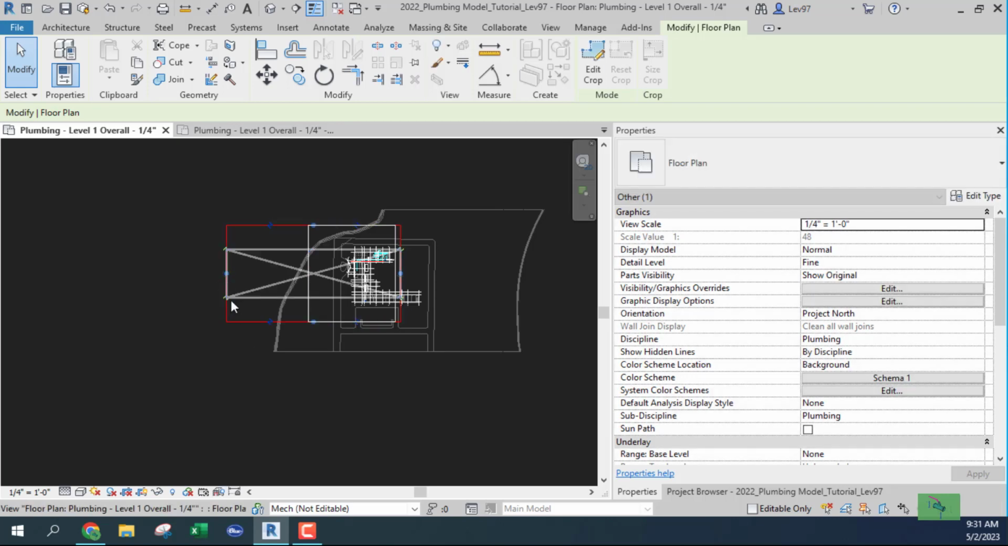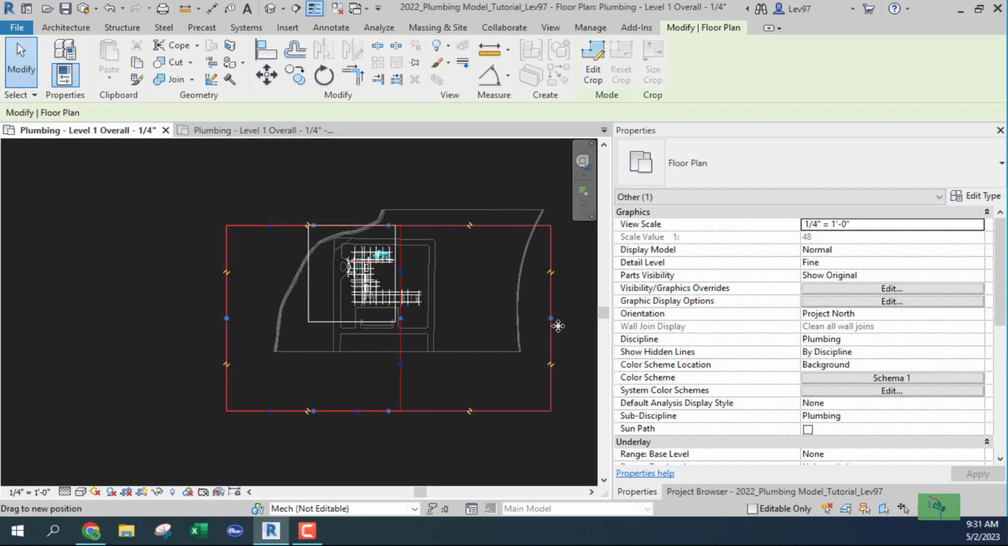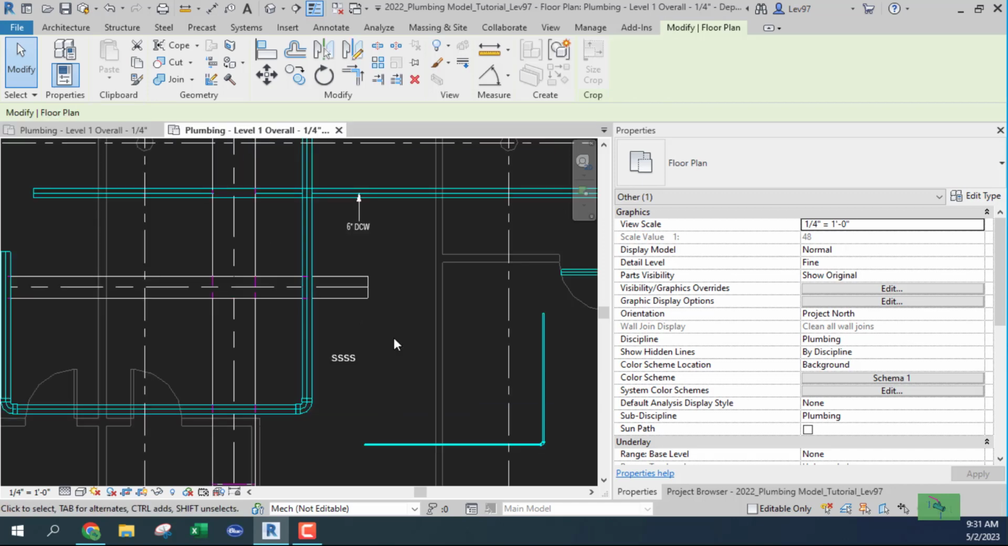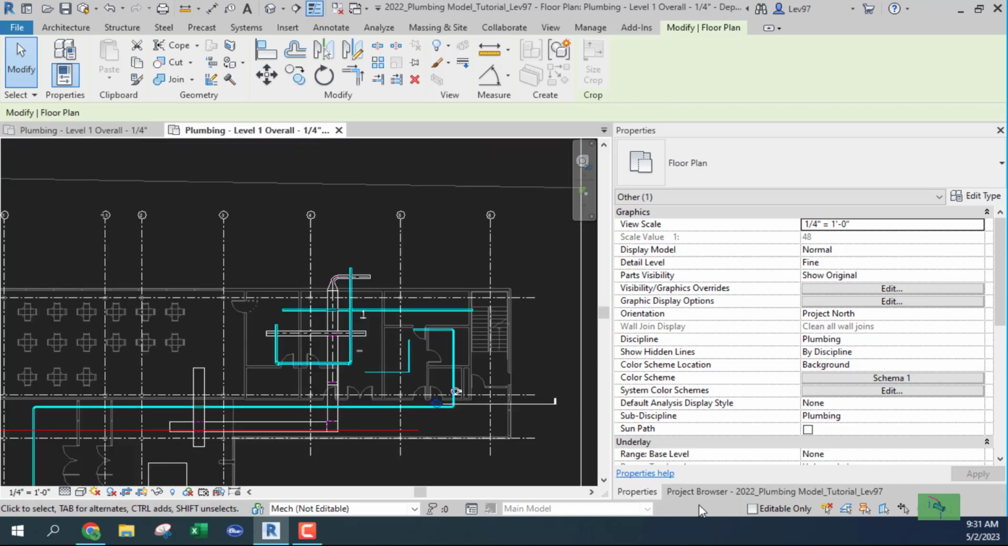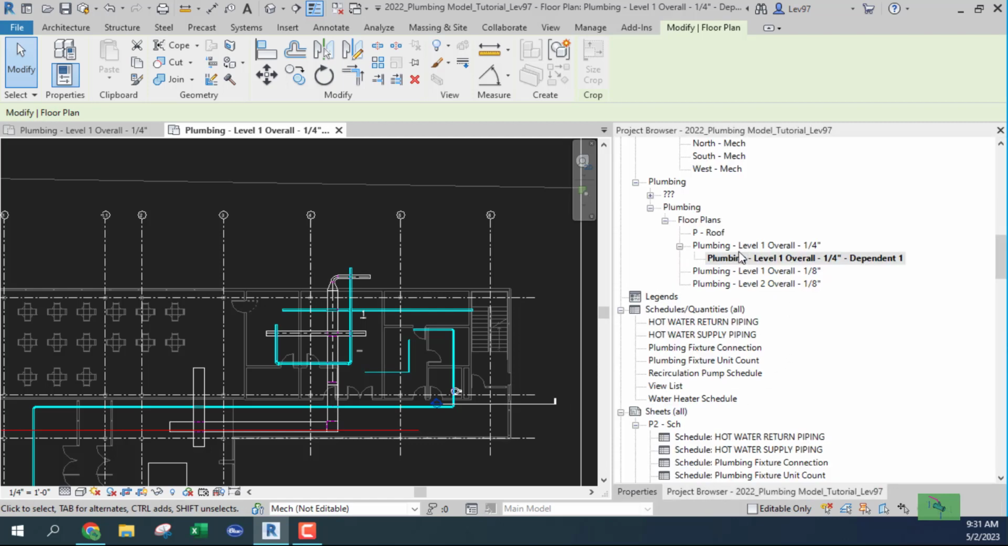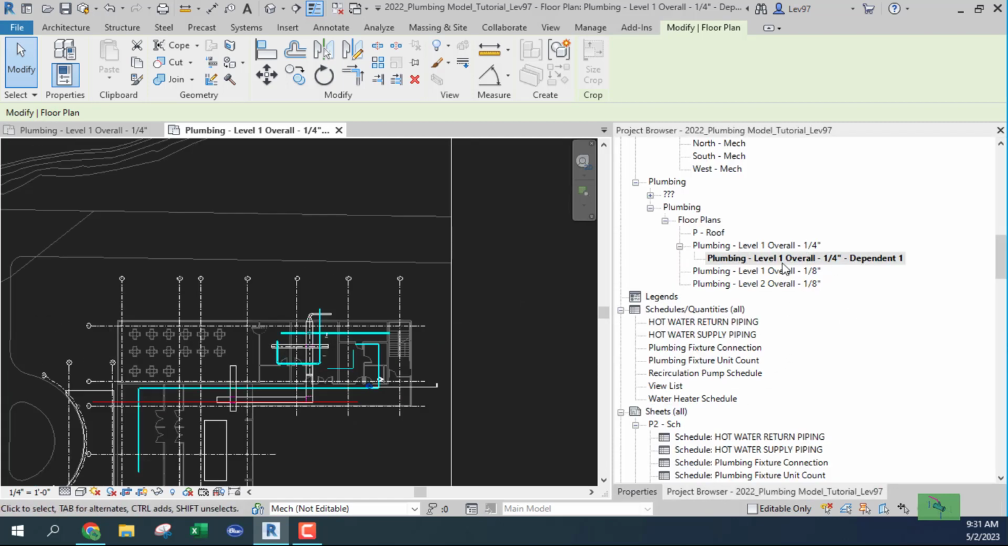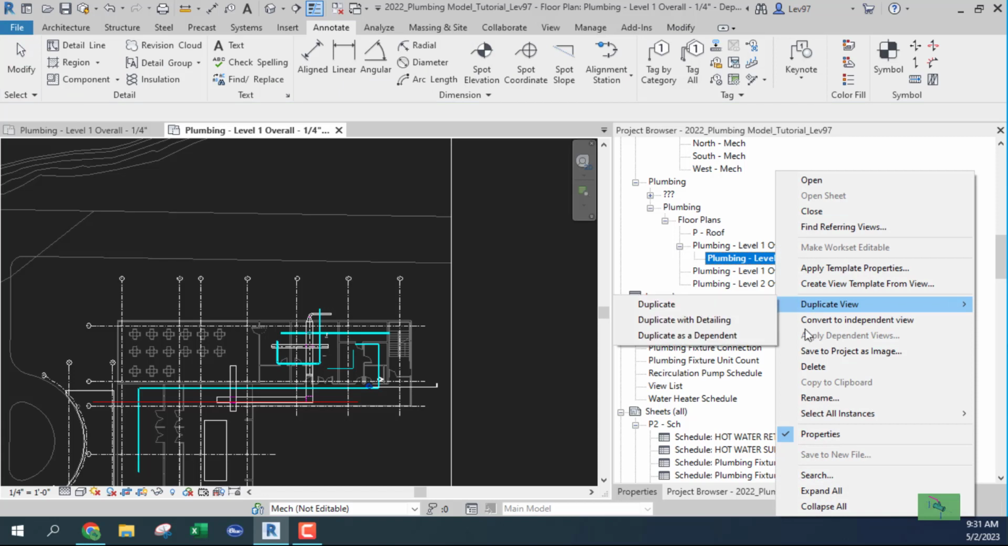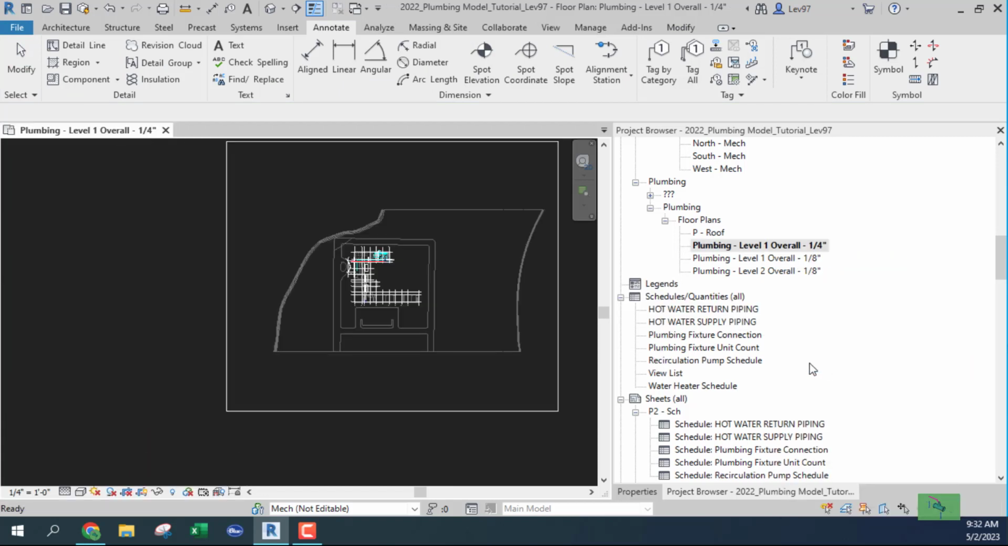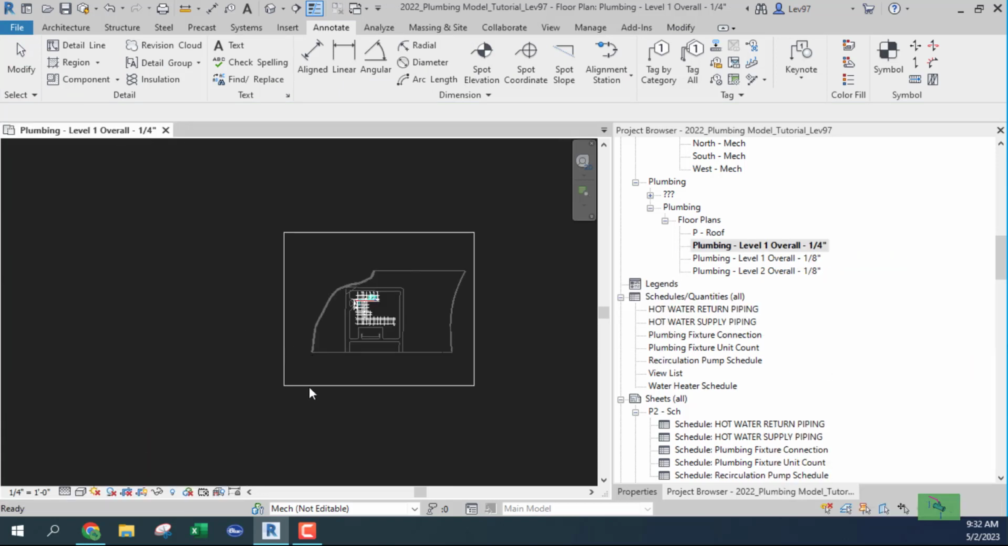I'm not liking this at all. Something is not working. Wait a minute, let's go back. I'm going to delete this again. I'm going to delete this view. Okay, so this is